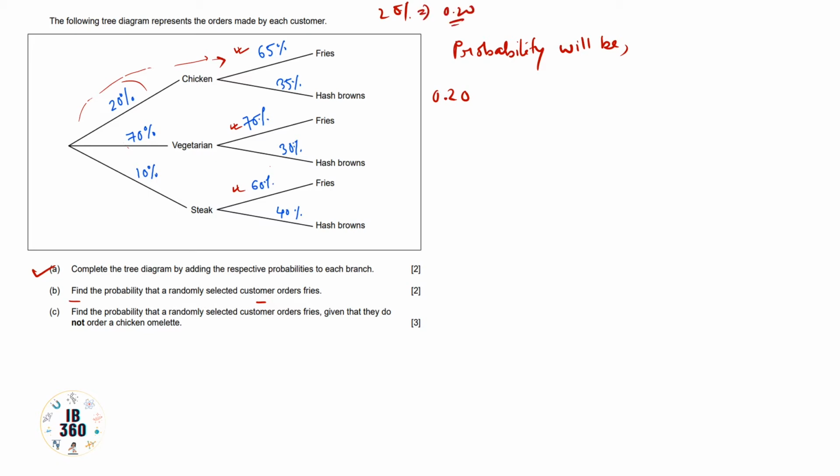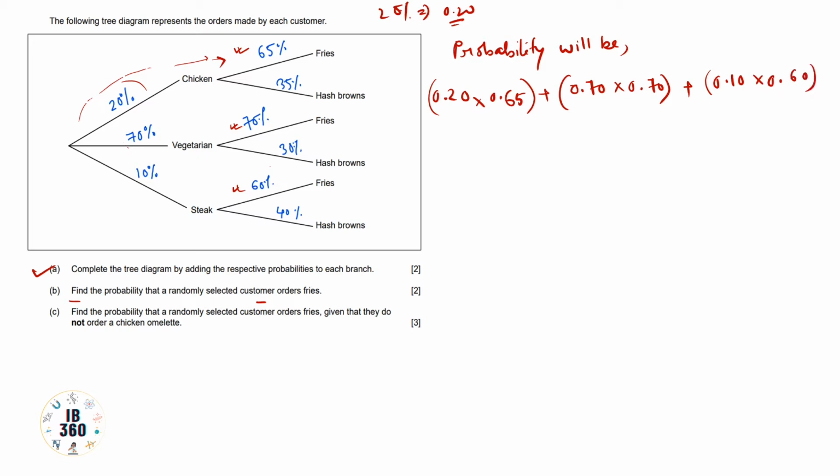So 0.20 into 0.65, then plus for vegetarian portions, that is 0.70 into 0.70, plus for steak portion, that is 0.10 into